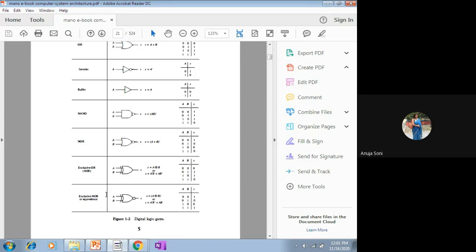Now we come to exclusive NOR. Exclusive NOR again is the combination of your XOR plus an inverter gate. Means again this complement, the small circle, is joined with the XOR in order to work as your NOR gate, exclusive NOR. Whatever is the expression for XOR, over that only the complement is used in order to derive the value for exclusive NOR. You can compare these two expressions. Only in this case the complement operator is being used.